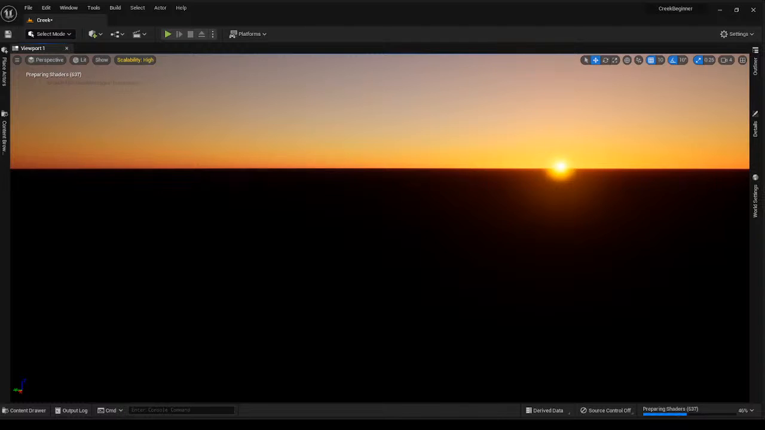Because if I click on my height fog right now and I press on the details panel, I'm going to change fog inscattering color all the way to black. And then I'm going to scroll down and let's also change directional inscattering color all the way to black too. So if I press OK, and now if I hold Control and L to move my sun down,